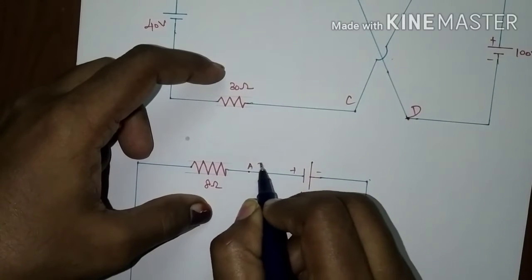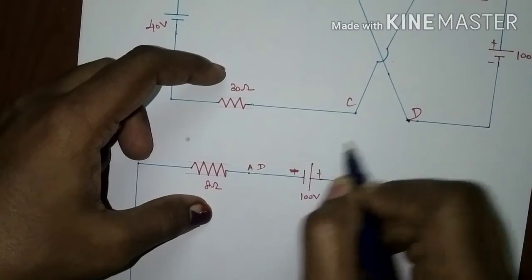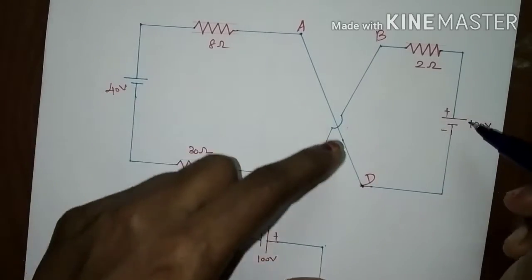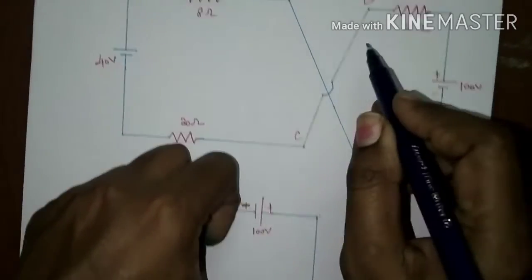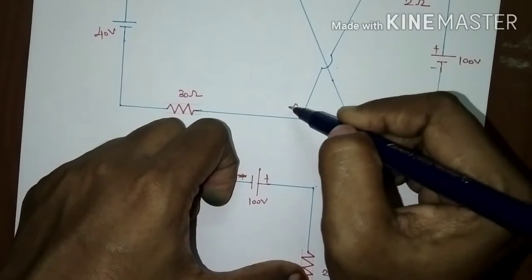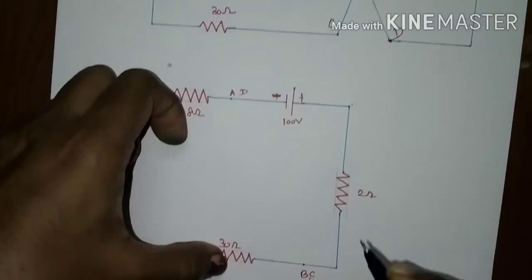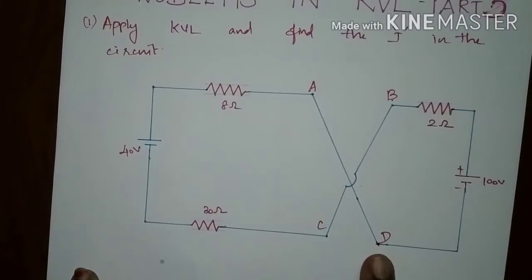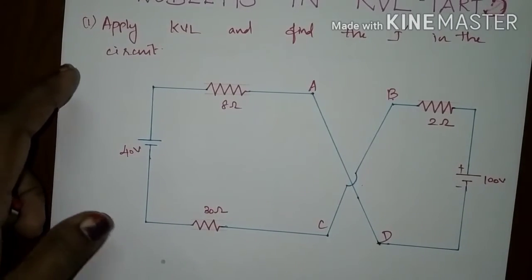A and D will come here to the negative terminal of the battery. The positive terminal of the battery is connected to 2 ohms, and this 2 ohms is connected to B, C and 30 ohms. So your B and C will come here, and it is connected to 30 ohms. Just make nodes, name the nodes, and from those nodes connect the circuit properly.